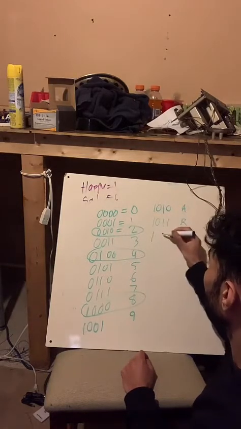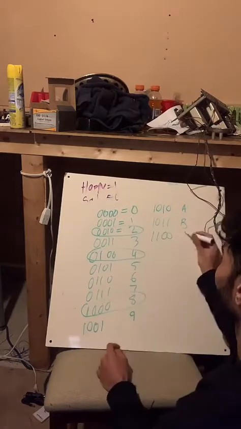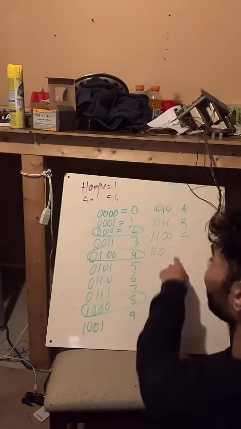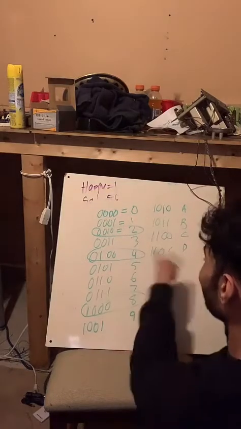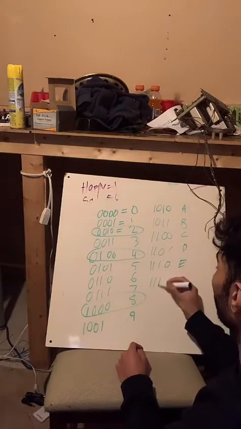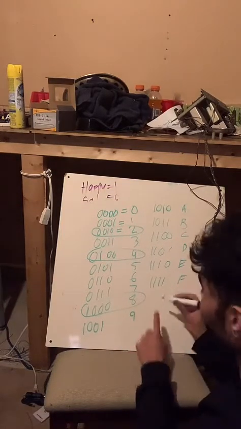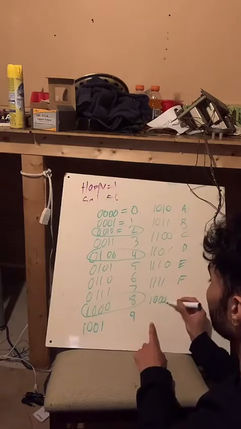11, 12. Why is this 12? Because 8 plus 4. 13, I'm just going to add a 1 at the end, 13. 14, you get this, right? I hope this makes sense, and all F. Remember, this was 15. And look, if I were to go to 16, 1, 0, 0, 0, 0, the next